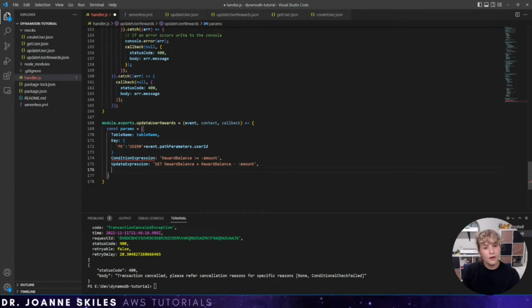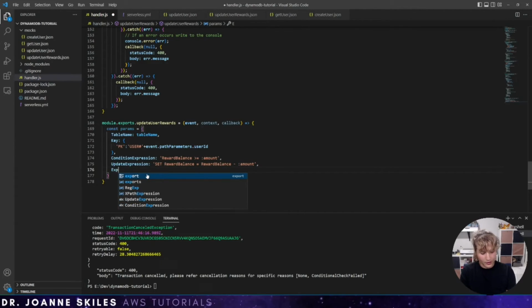So I'm adding this colon amount because we now have an expression attribute, and we haven't set it yet. So we can use our expression attribute value,